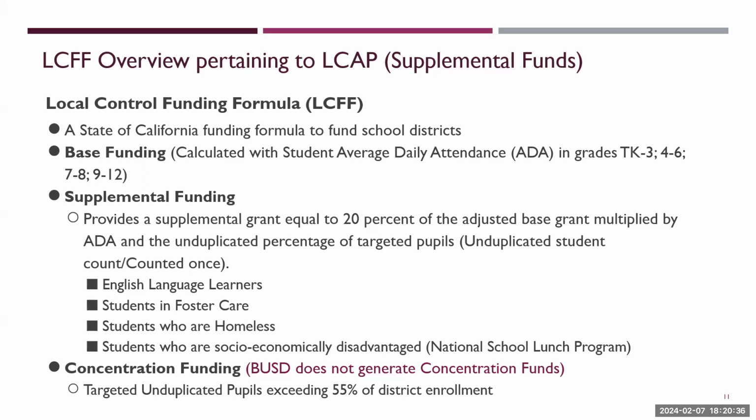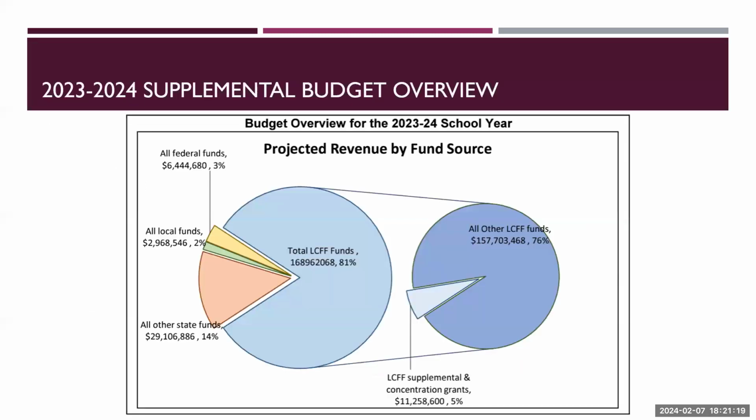Another component of supplemental funding is concentration funding. This is a sort of kicker bonus funding for districts who have a very significant population of unduplicated students. The requirement to receive this funding is to have student population above 55% of your overall population to receive concentration funding. Burbank Unified does not have a high enough percentage of unduplicated students to receive that additional funding. So what we're talking about and what we have been talking about the last couple of presentations is really specifically just supplemental funding. And we have to spend that money using our local control and accountability